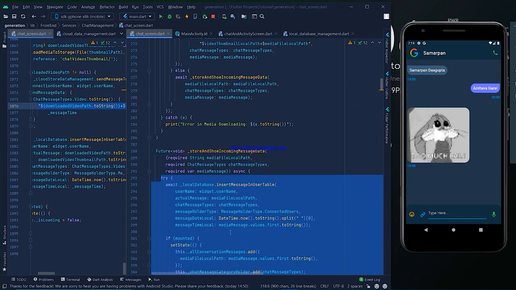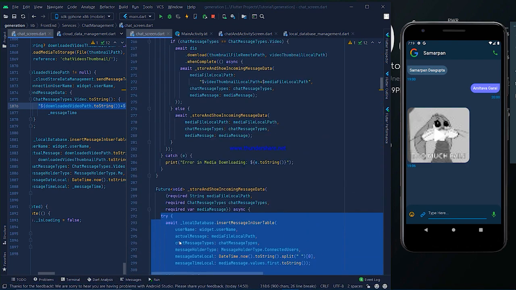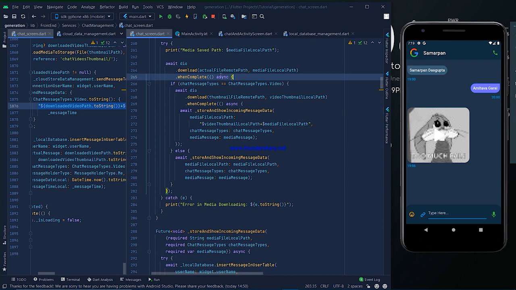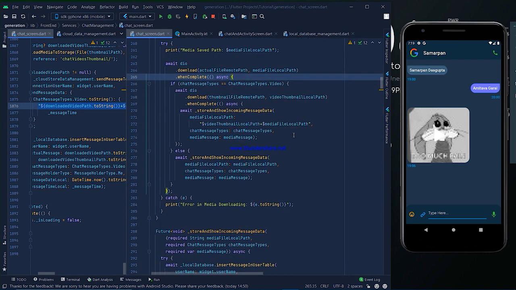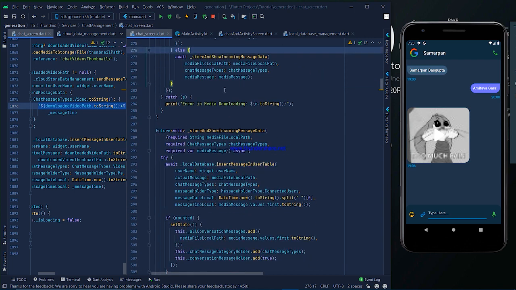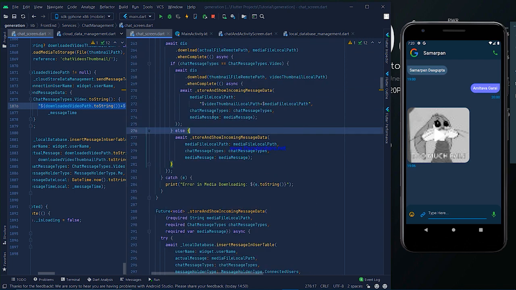Actually in the previous video you can see the selected thing was provided here in the when complete block. But we have to deal with the case when the video thumbnail is present and other media type files, like image, document, audio and other stuff like that. So that's why I made a separate method for that, otherwise it would increase badly.